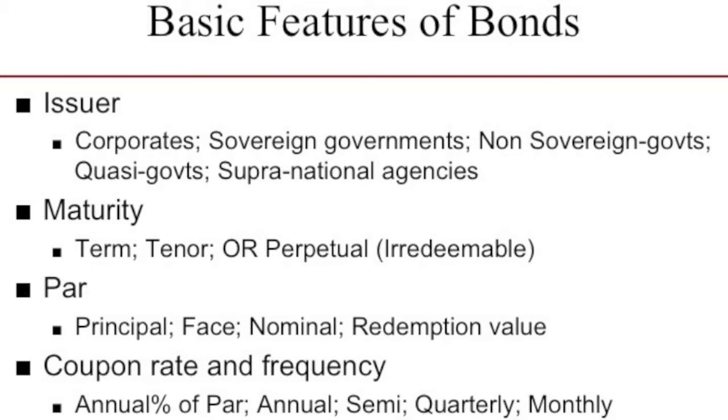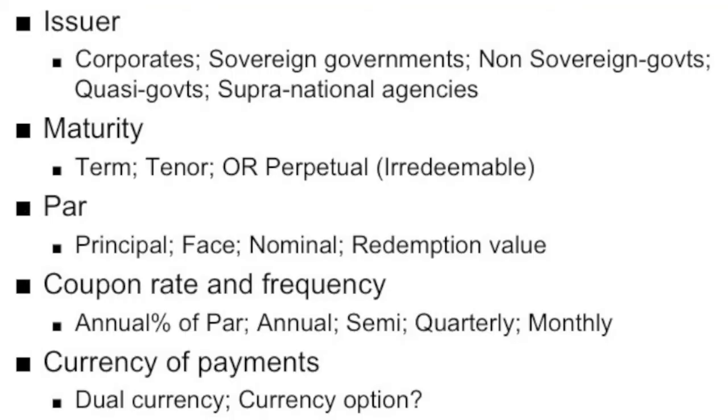Some bonds have quarterly coupon frequencies. Some, particularly those associated with mortgages, so mortgage-backed securities, might pay a monthly coupon. Usually in the basic description of a bond as well, we get a feel for what the currency of the payments are. And usually that's all one currency. You can get so-called dual currency bonds, which might, for example, pay coupons in pounds sterling, but then pay the par value back on the redemption of the bond in US dollars or some other currency. Some bonds might also have a currency option, allowing the investor to choose in which currency they receive, perhaps, the par value back on redemption.